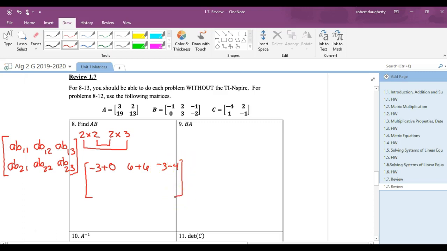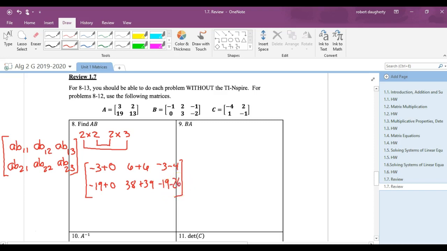Okay, now I go to second row, first column. That's 19 times negative 1 plus 13 times 0. Second row, second column: 2 times 19, that's 38, plus 3 times 13, that's 39. And then we go to second row, third column. Negative 1 times 19, that's negative 19. And 13 times negative 2, that's negative